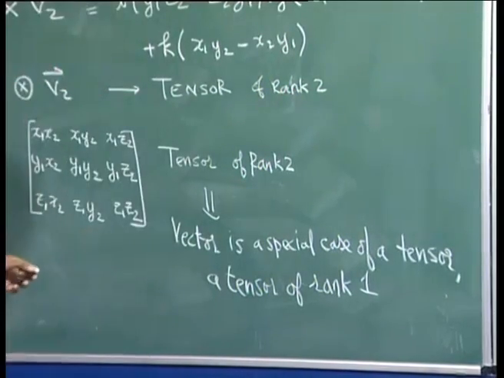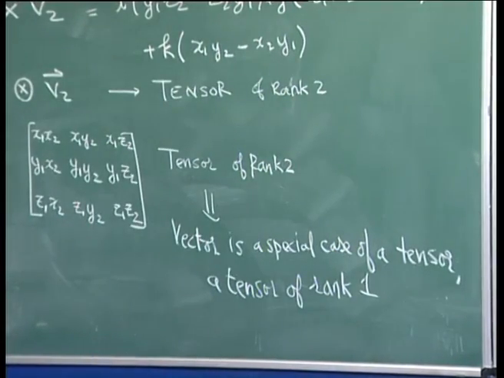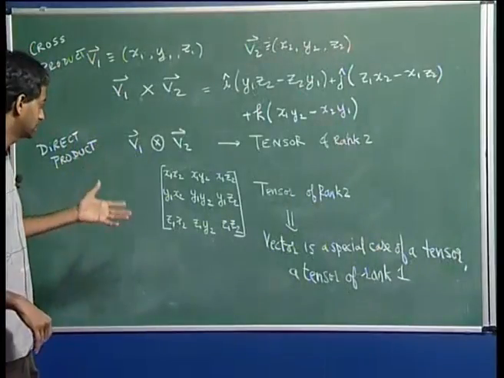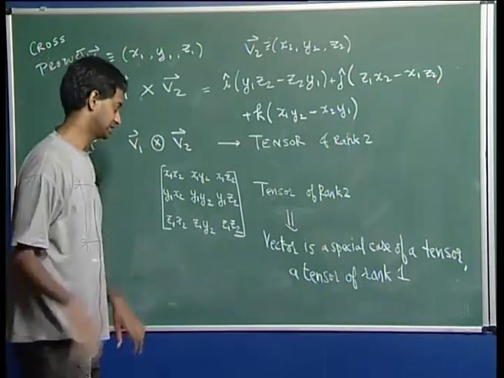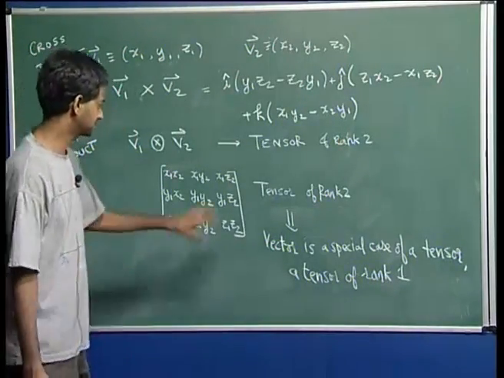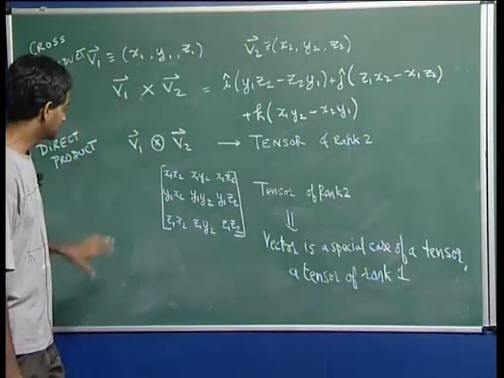You can go ahead and say that even a scalar is a tensor of rank 0. So a tensor is a generalization of the concept of vector. We started with scalars, then we went to vectors, and you can go to tensors. A tensor is a generalization; it can have arbitrary ranks. Okay, and